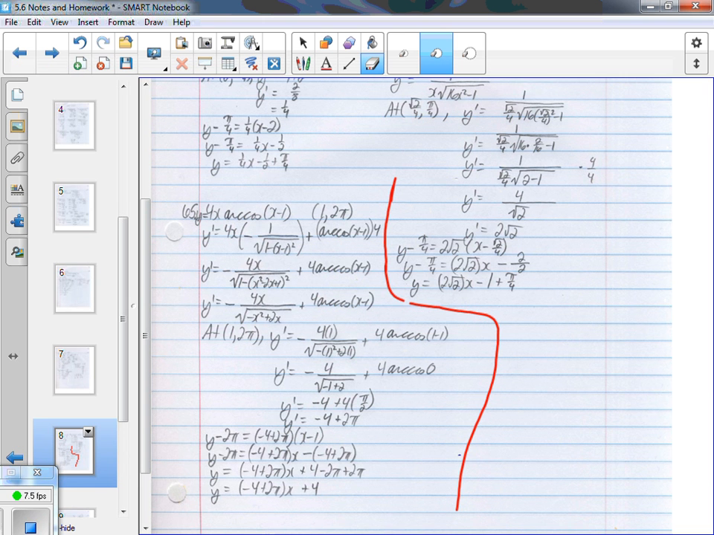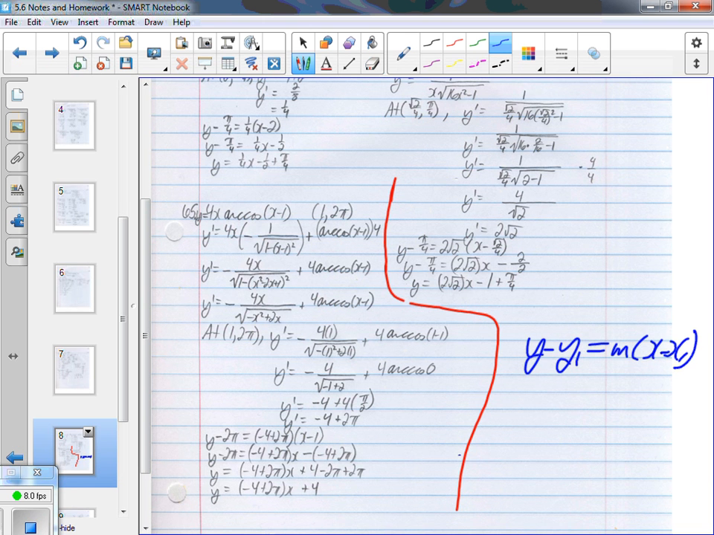That's our slope. So now I'm doing y minus y1 equals m times x minus x1. So there's your y1. There's your x1. That's your m. Okay? And they don't tell us what version of the equation to give them. So technically, we can be done